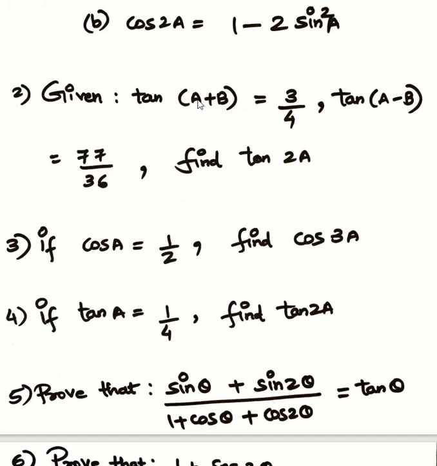So it is similar to the allied angle or compound angle chapters actually. Here we can say that let a plus b is equal to capital X, and a minus b is equal to capital Y, for example. Then adding these two equations, what will you get? 2a is equal to X plus Y, yes or no? Then we can take tan on both sides, so it becomes tan of 2a is equal to tan of X plus Y. Then you know the tan of a plus b formula and all that, and easily you will get the answer for tan of 2a. Again, it is easy only.